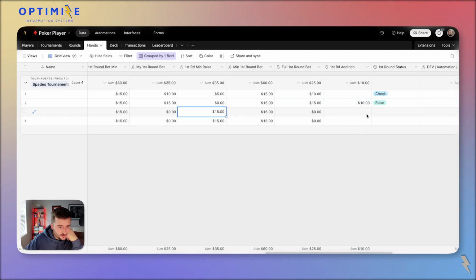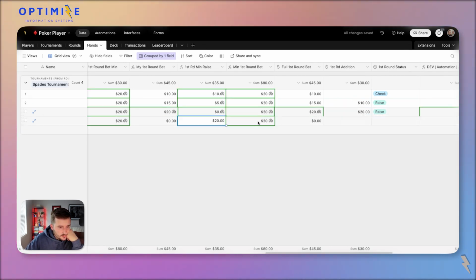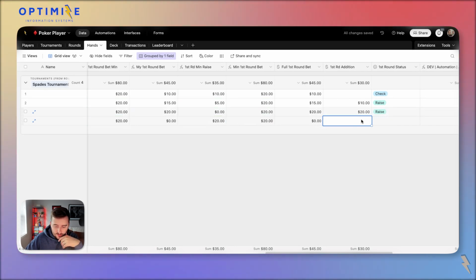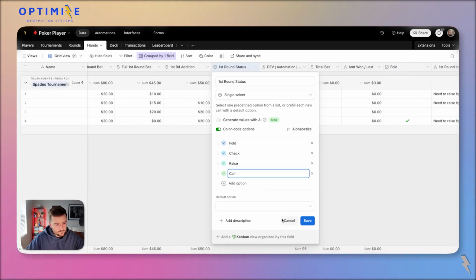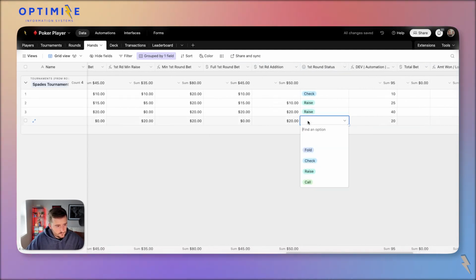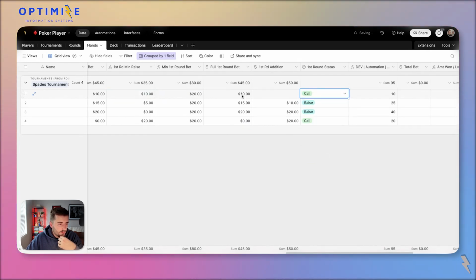So this person is, okay, I need to put in 15, so I'm going to put 20, and I'm going to raise it. Now it moves to this person. They say, I'm going to do 20. I guess this is technically called calling. Okay, so this person calls it at 20. This person wants to call. So if somebody calls,